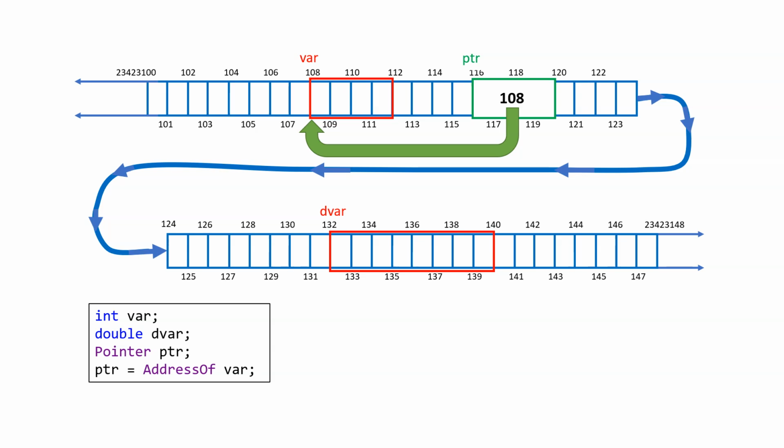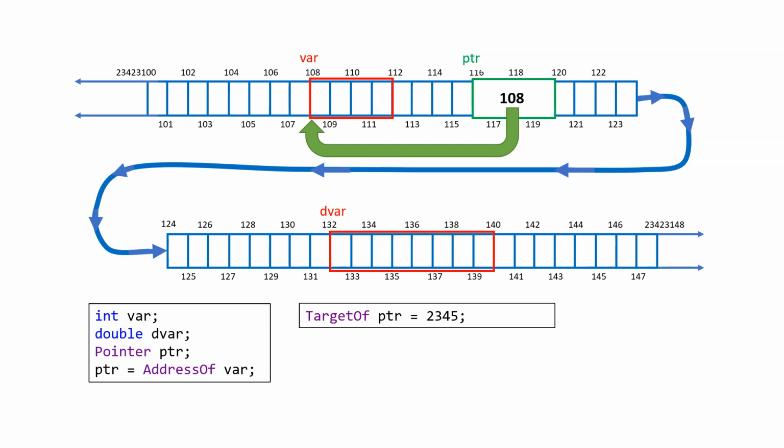Use your imagination. Okay? Now that we have done this, I have two ways to access the variable. One is through its name, if I'm in the same scope, and the other one is through PTR that is holding its address. But if I put something in PTR, it's going to go to PTR. How can I tell the compiler that, hey, I don't want to deal with PTR, I want to point to the target of PTR? So let's create that. I should be able to say target of PTR is equal to 2345.